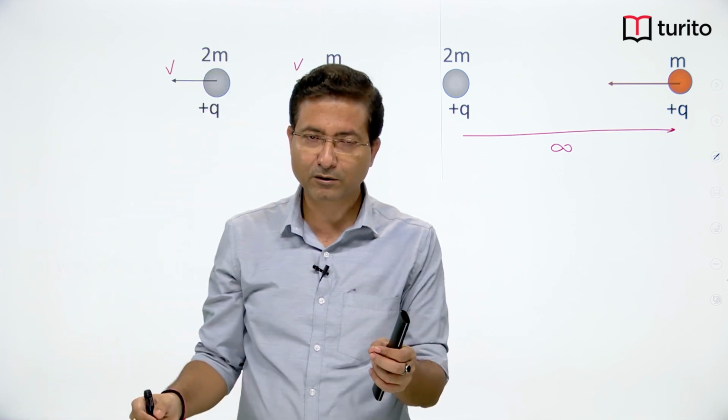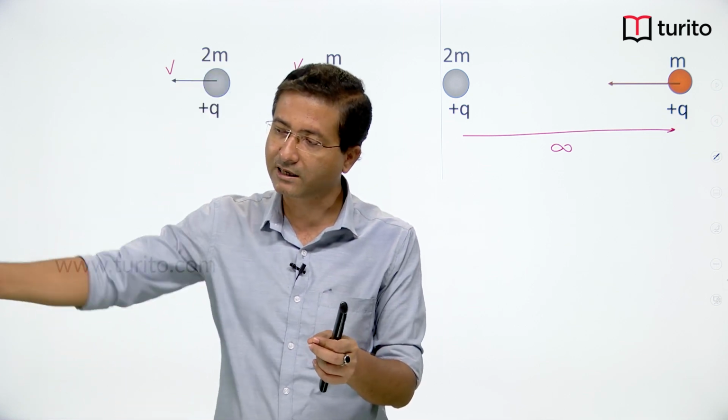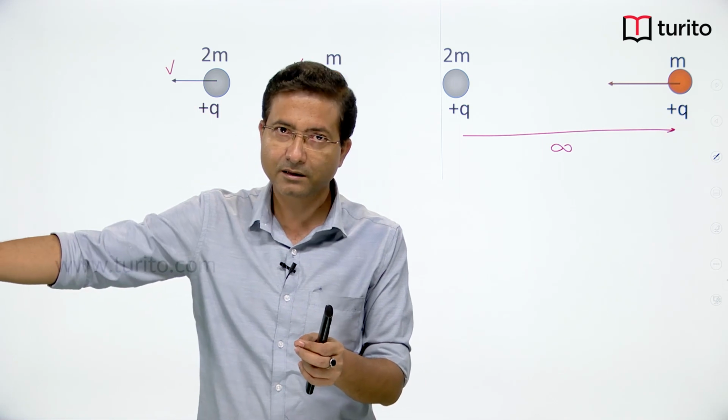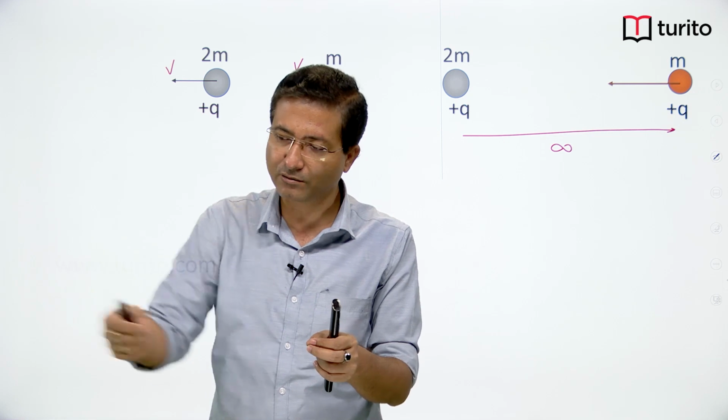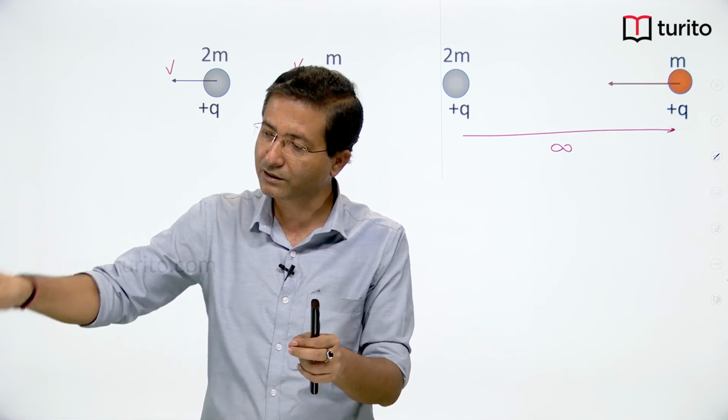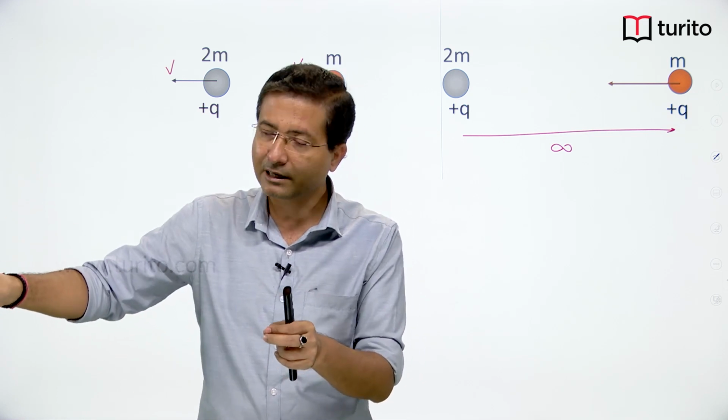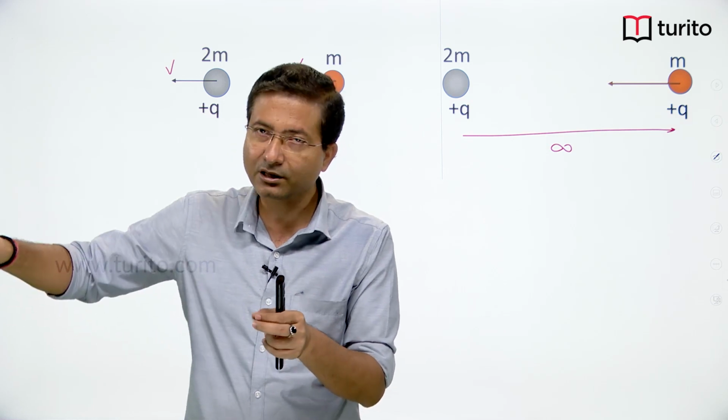But if with respect to this one, this is having relative velocity in this direction, that means separation will increase. If with respect to this one, this is having relative velocity in this direction, then separation will decrease. If with respect to this one, this is not having any relative velocity, that means at this particular moment the separation is minimum,